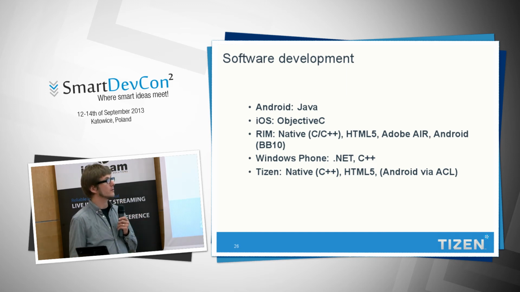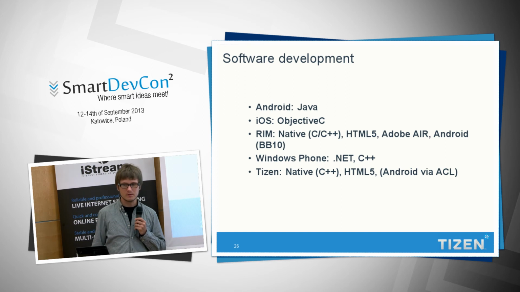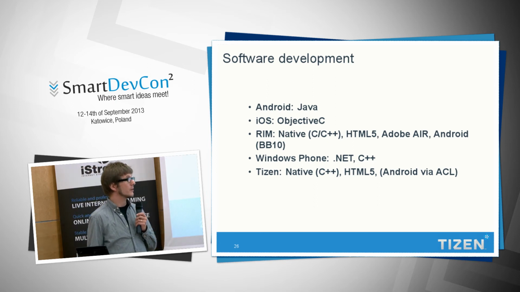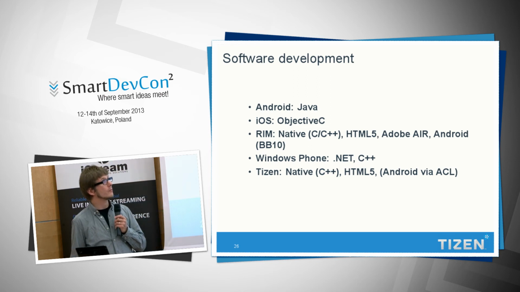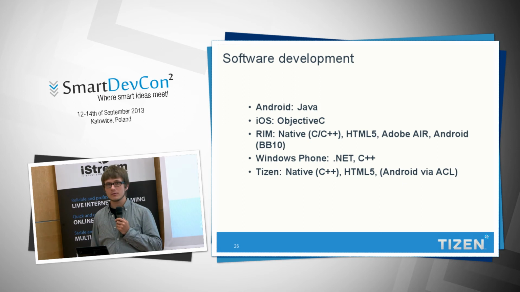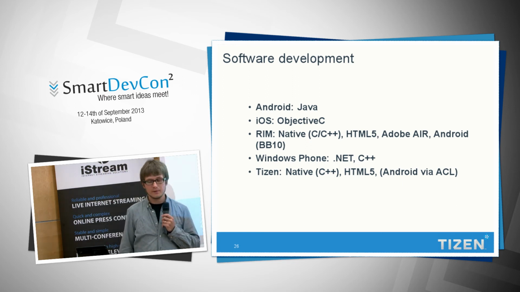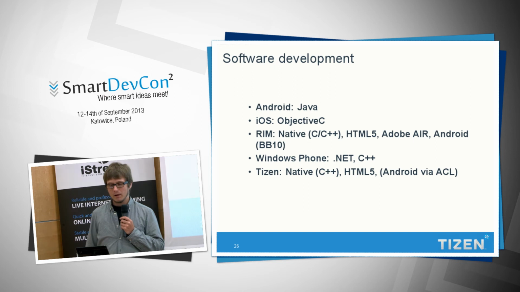Software development for different platforms. Android, we know, is Java, iOS is Objective-C, and you need a developer license to run code on a device. BlackBerry looks most versatile. It provides a native API for C and C++, HTML5, Adobe Air, and a framework to run Android applications. Windows Phone has its .NET framework and C++ libraries. Tizen, as I told, provides a native API for C++ only, HTML5, and there is something called ACL that